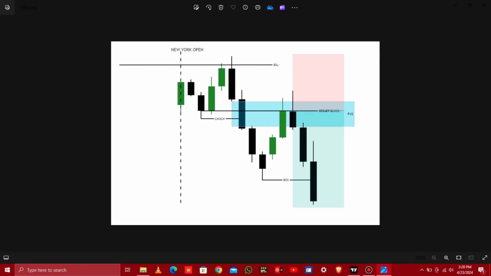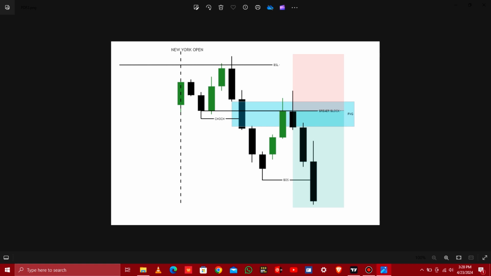So same thing. We don't want to be trading the Asian session or the London session. We want to be trading the New York session. Before trading the New York session, what do you want to look for? We want to look for the market to manipulate higher in the New York session. If we are looking to sell, we want it to manipulate higher, either manipulating the London session, the daily open, or any other